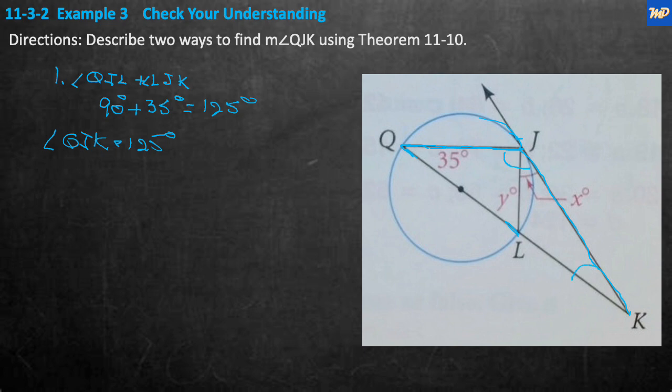So K comes up and intercepts our circle right here and gives us this piece. So what we really need is the size of this piece. So for method 2, the size of that piece, arc QJ, is equal to